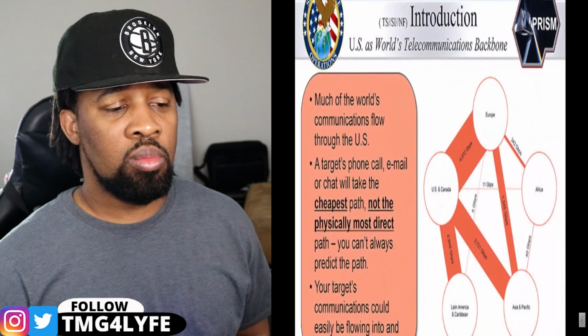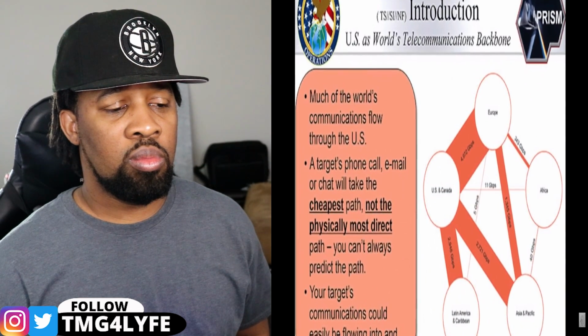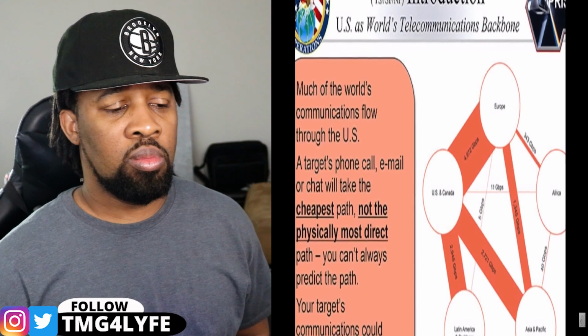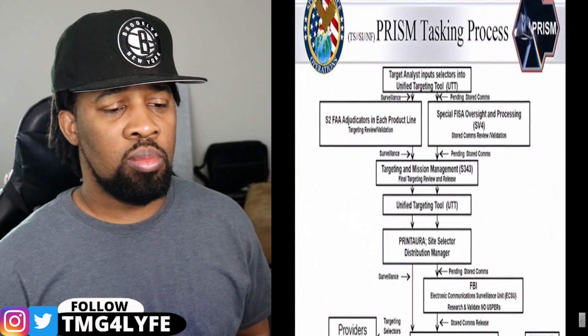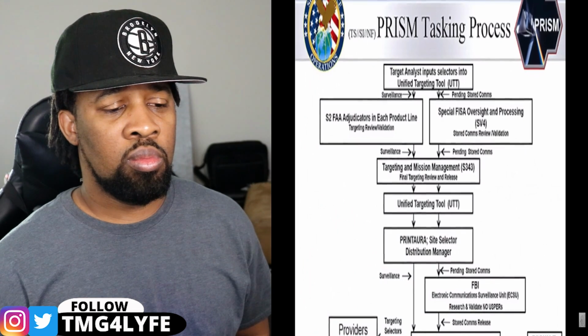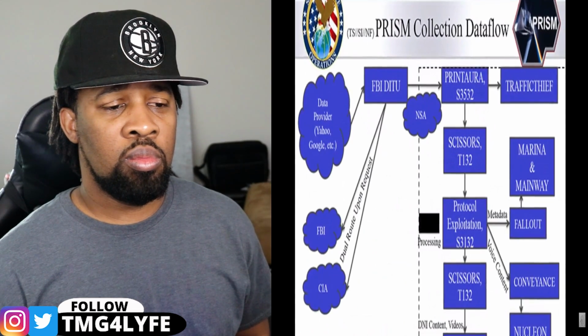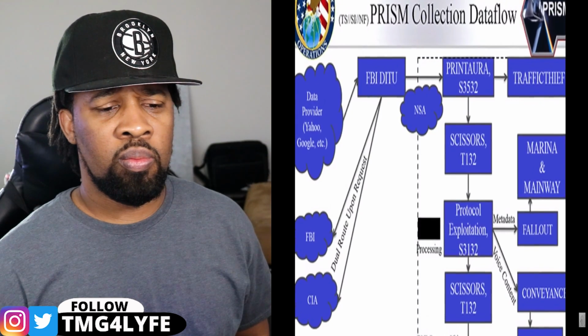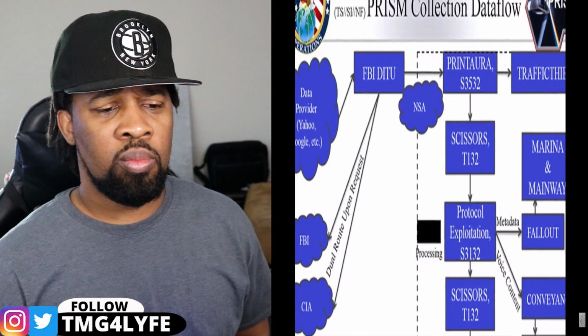It is believed to involve the cooperation of at least 9 technology companies, with these companies giving direct access to their systems. The leaked document contains a slide that records the date each company allegedly joined PRISM. Another showed the type of data collected, which included email, chat messages, videos, photos, file transfers, and more.